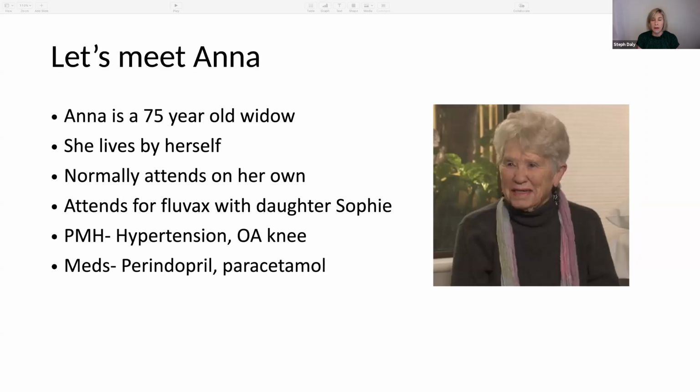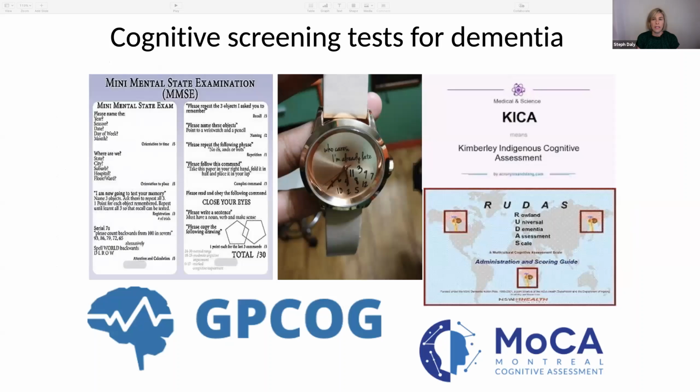And now we're thinking about what sort of cognitive screening might we do. Cognitive screening, as we said before, I think in the first presentation, is as it is. It's a screening test. So it helps us to add more weight to the diagnosis, but it doesn't make the diagnosis. So if you have somebody whose history really makes you think this person has dementia, but their cognitive screening